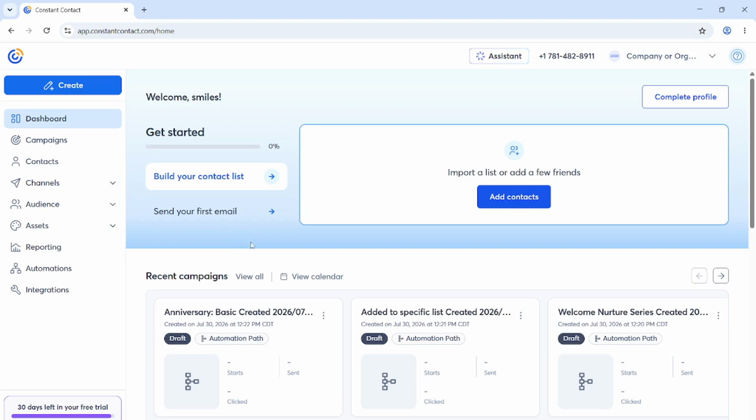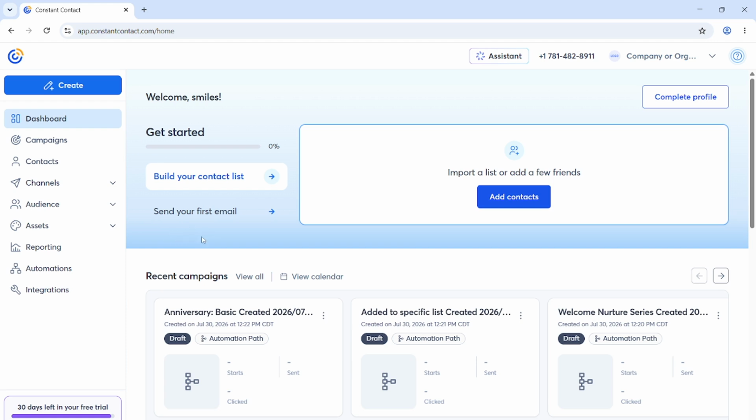In today's video, I am going to teach you how to create a multiple email sequence in Constant Contact. This tutorial will guide you through building an email automation that sends messages in a planned order. You will set up the trigger, then add a series of steps that include sending emails and waiting between them. As you follow along, try to keep an eye on the Automation Builder area, because that is where each step